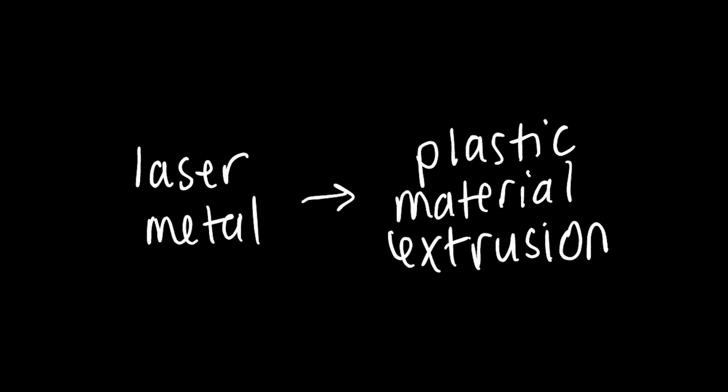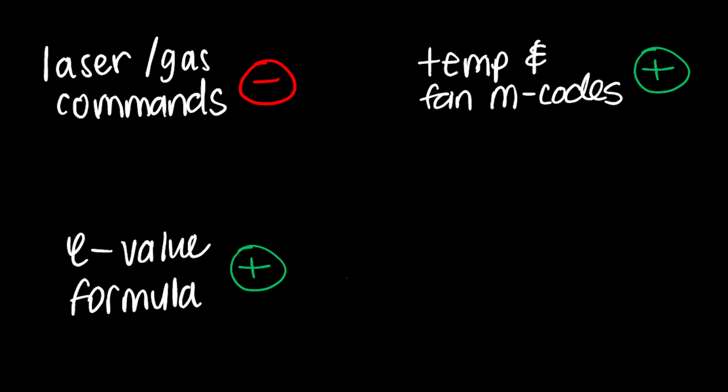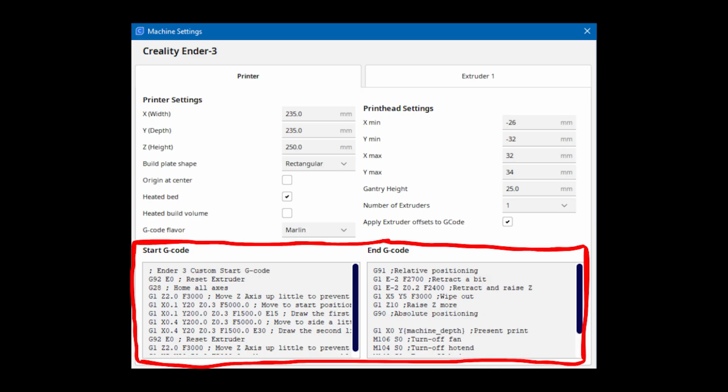For this project, I needed to take what works for our laser systems and convert it to be readable by an Ender 3 or material extrusion system. So to do that, I needed to get rid of the laser commands and anything related to carrier gases, add bed temperature, extruder temperature, and fan M codes, cook up a cumulative E-value formula, and dial in retract settings. All these things went into a post file, which then spits out G-code, including the Ender's custom